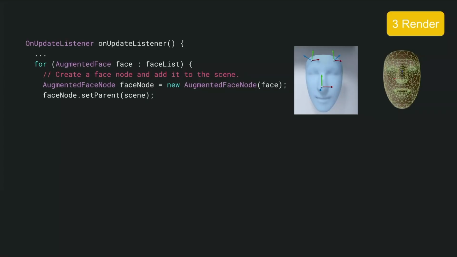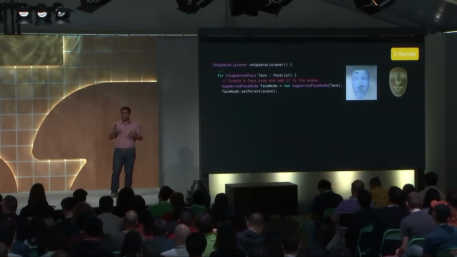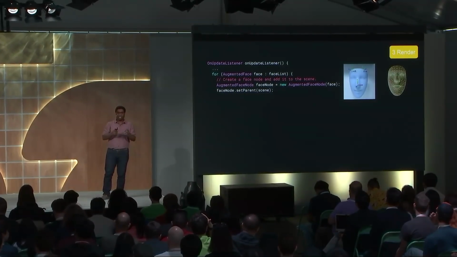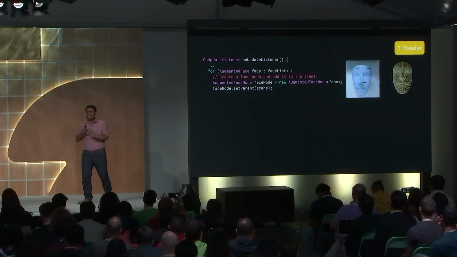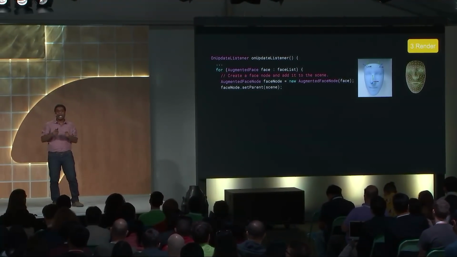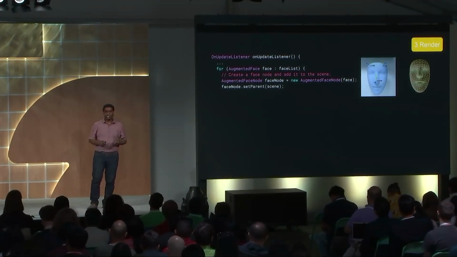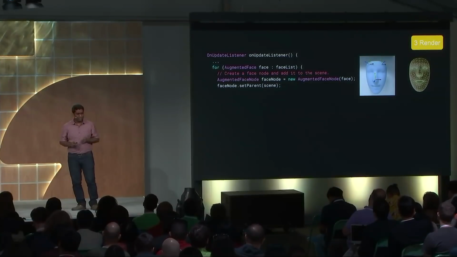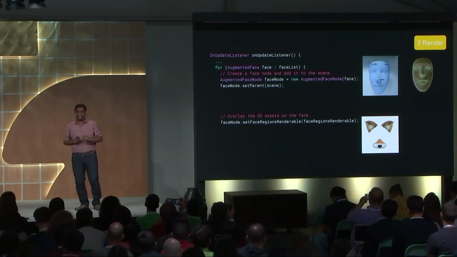Now let's create a listener that listens to the updates from ARCore every frame. As I mentioned, augmented faces provides information about vertices. Vertices include texture coordinates, XYZ components, and normals, as well as region poses. But you don't have to work with all these components yourself. This is where the new additions to SceneForm come in, where it natively supports an augmented face node.